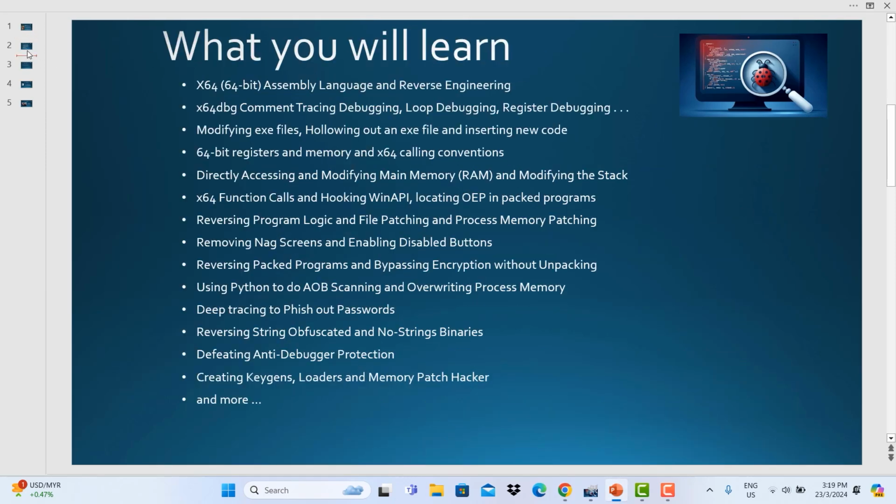What you will learn: x64 64-bit assembly language and reverse engineering, x64 DBG command tracing debugging, loop debugging, register debugging, and more. Modifying exe files, hollowing out an exe file and inserting new code, 64-bit registers and memory, and x64 calling conventions, directly accessing and modifying main memory and modifying the stack, x64 function calls and hooking Windows API, locating original entry points in packed programs, reversing program logic and file patching, and process memory patching, removing nag screens and enabling disabled buttons,